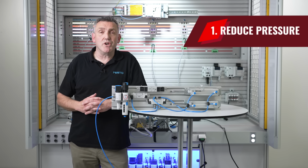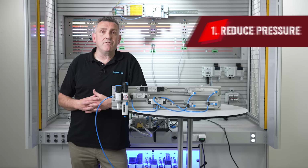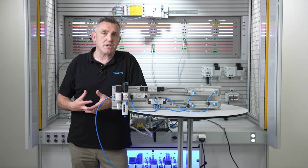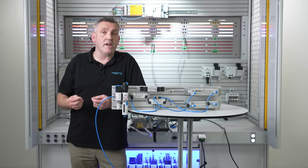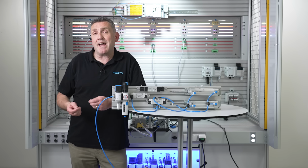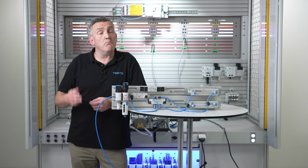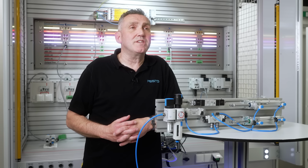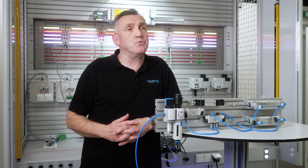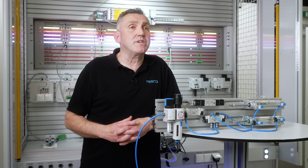Let's start with pressure. Most pneumatic systems default to an operating pressure of around 6 bar, but this is typically because of historical convention rather than any performance need. In fact, many pneumatic systems will operate at much lower pressures, maybe 4 or 5 bar. The good news is that for every 1 bar of pressure we reduce at the application, we can save around